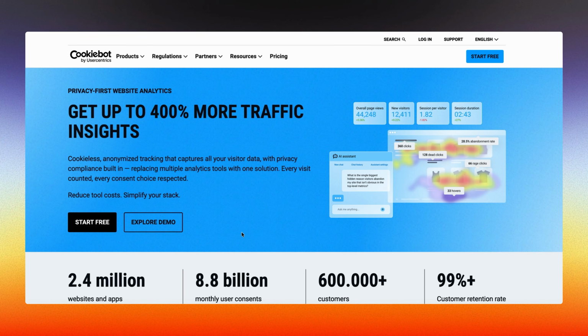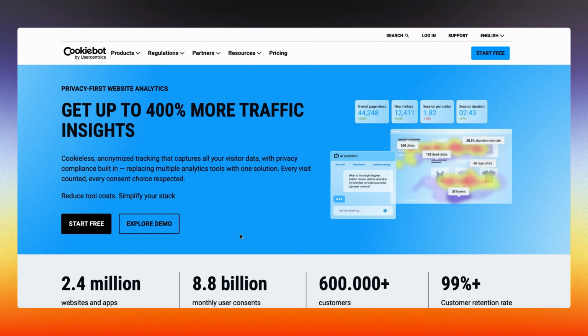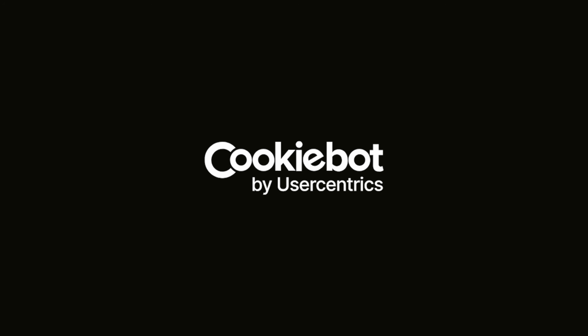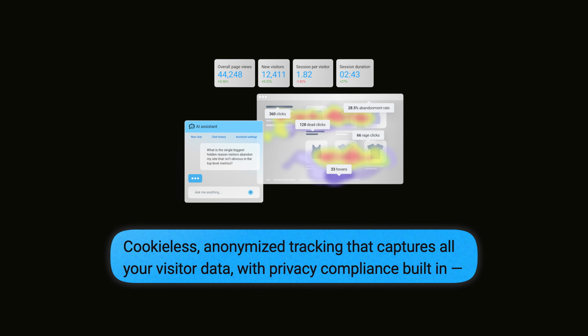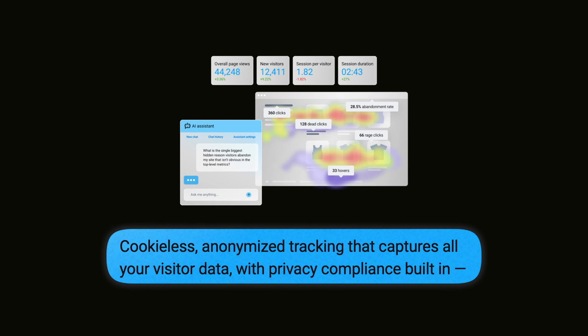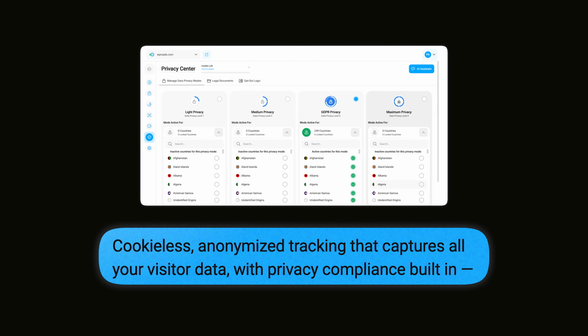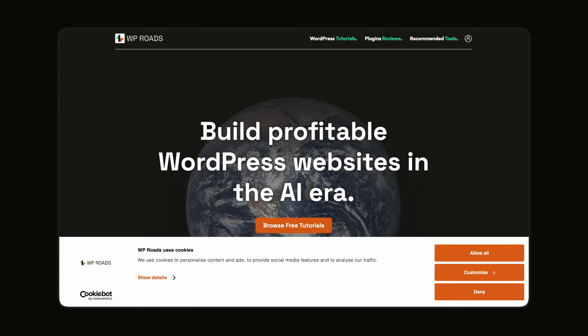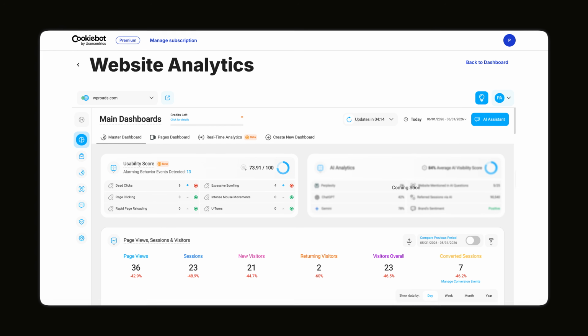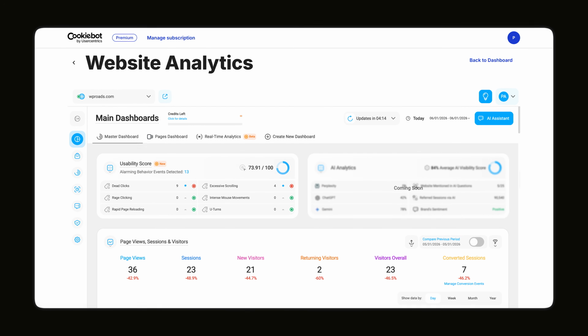There's this new analytics tool called Privacy First Website Analytics by the same team at Cookiebot by Usercentrics. What it does is basically cookieless anonymized tracking that captures all your visitor data with privacy compliance built in. I tested it on my own website, wproads.com, and I was pretty impressed about all the features that are packed